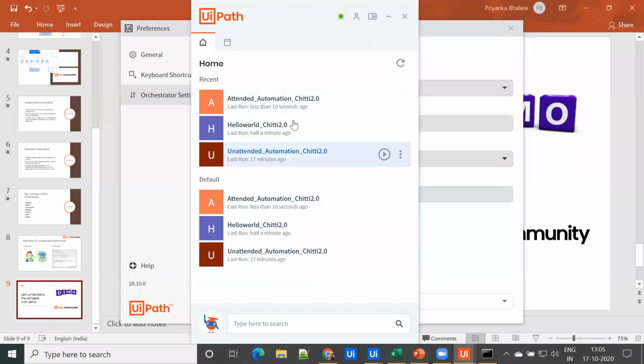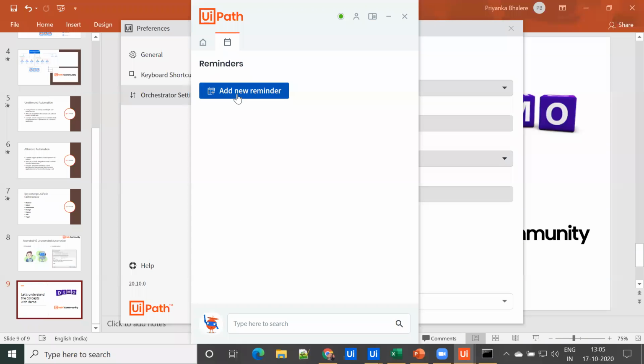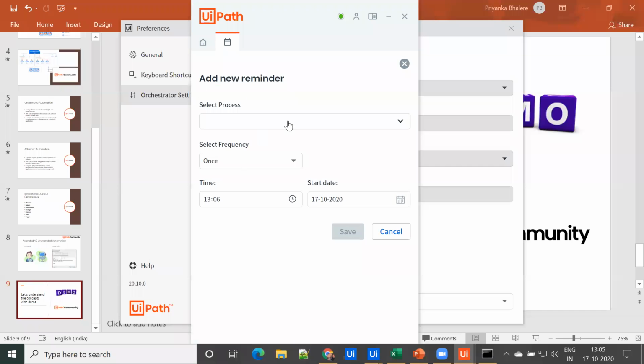So we can also run the workflow or process from here. Because it is connected with orchestrator, it is getting the list of processes and showing it to you. Also we can set up a reminder from here as well. So it works like a trigger.